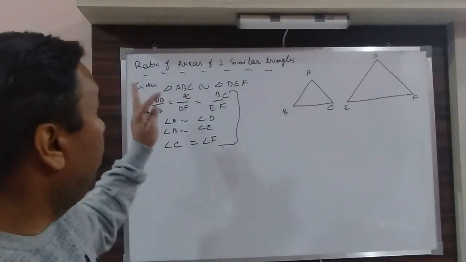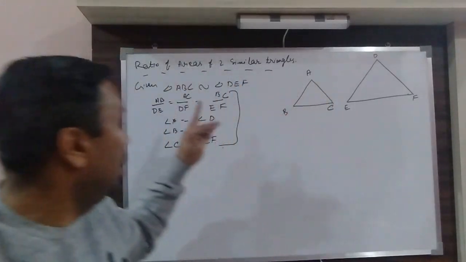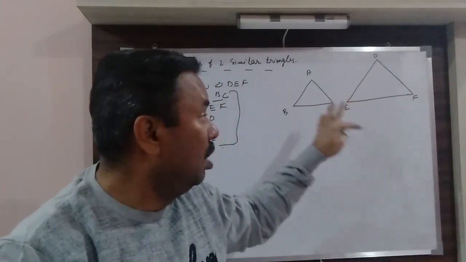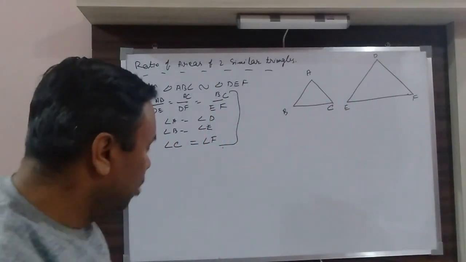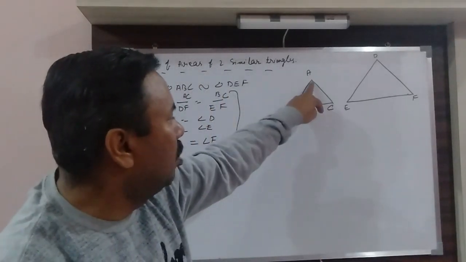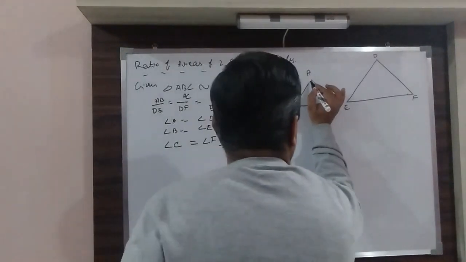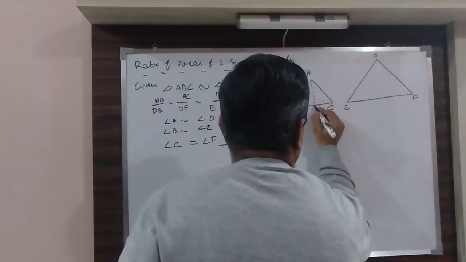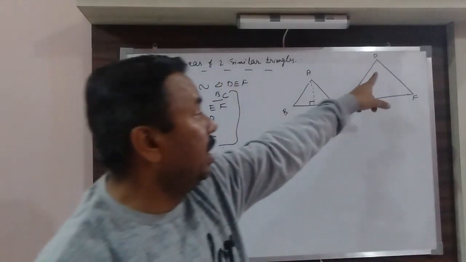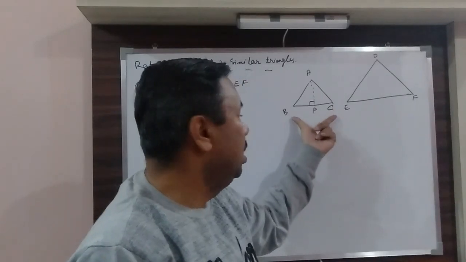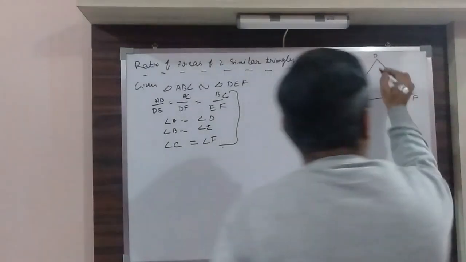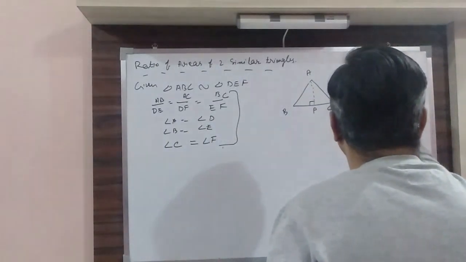These are the two conditions that you are already given. Now I have to find out the ratio. This is the ratio of the sides, but what will be the ratio of the areas of these two? How do we find area? I will take BC as the base and draw a perpendicular from A, which will be called the altitude. Let it be at P. This is 90 degrees. Similarly, for triangle DEF, I will take the corresponding side as the base and draw the altitude from the opposite side. Let it be Q.